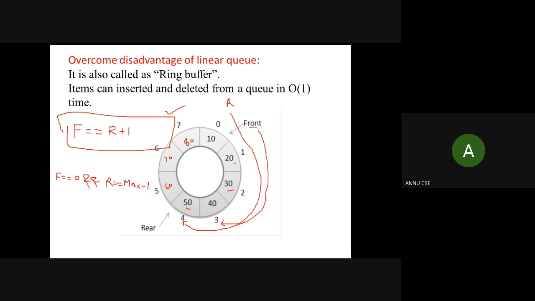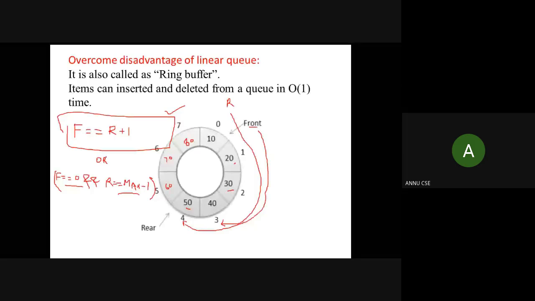Okay, so if any one of these two conditions holds, I add an OR operator here. The second condition is combined with the AND operator, so in this case both conditions should be satisfied at the same time for the overflow. And another condition for the overflow is front pointing to rear plus 1.